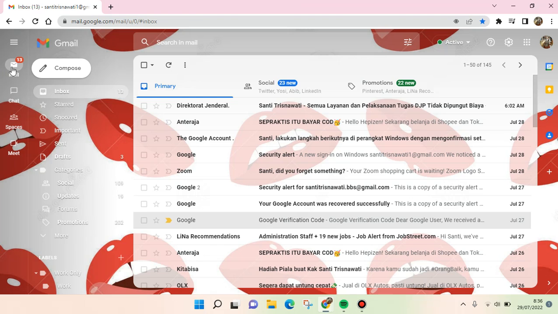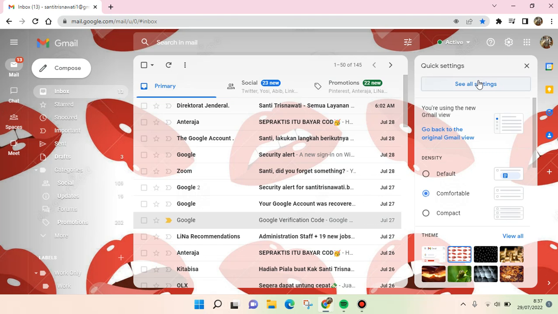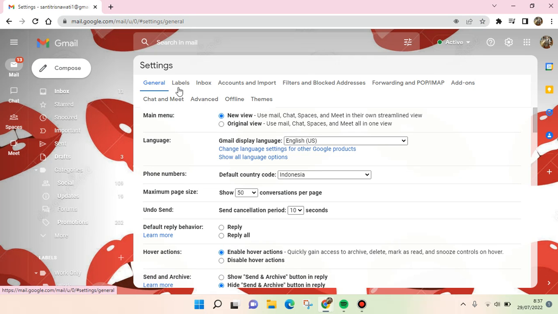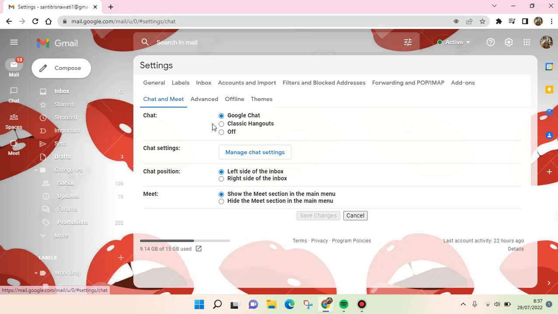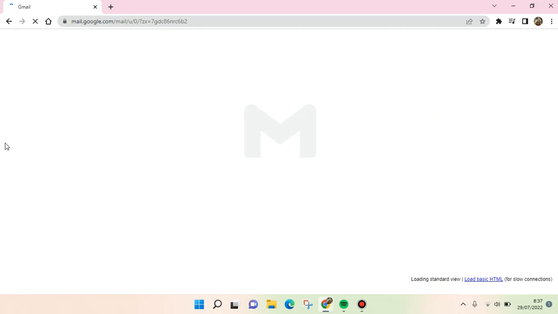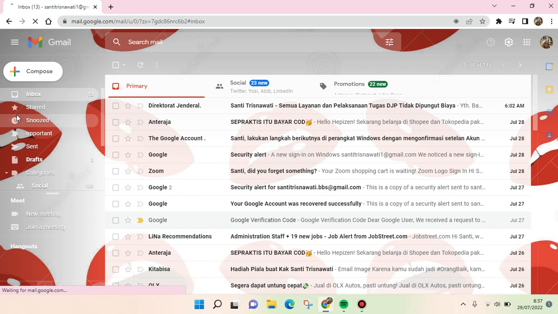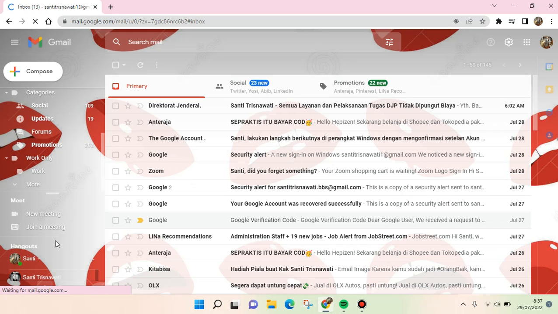So this one right here, I use the Google Chat, but if you want to change it to Hangout, you can just go to the settings and then see all settings, and you need to go to the chat and meet option, this one's right here, and choose classic Hangouts and click on save changes, and it will show in the left panel as before. Google Chat is put. Okay, so as you can see here, this is the Hangout,